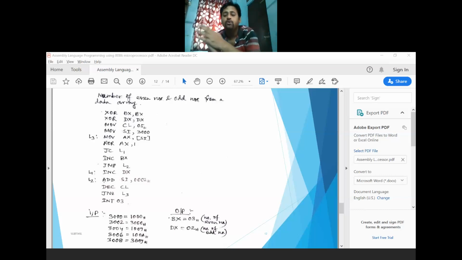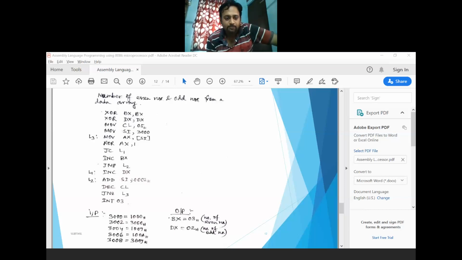So how can you go from 3000 to 3002? Because 3002 is your next data byte memory location. So if 3000 is added with 0002, then you can move to the label where 3002 is available, and where your second 16-bit data must be present.